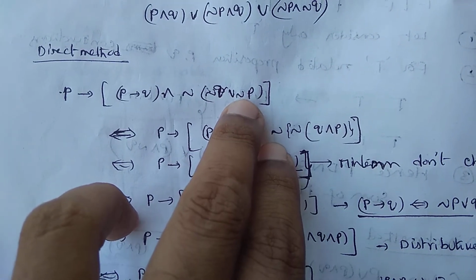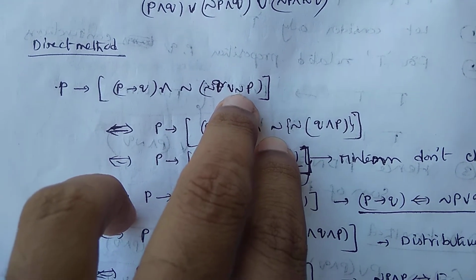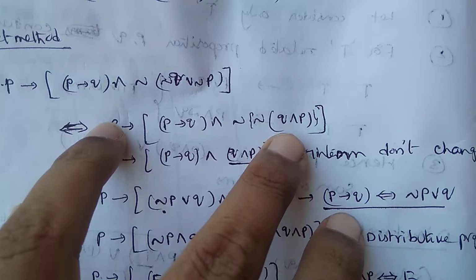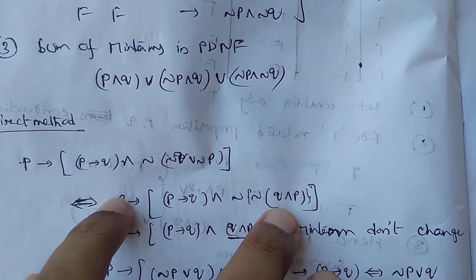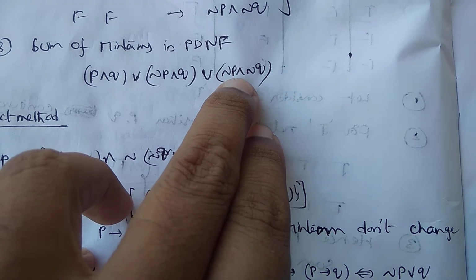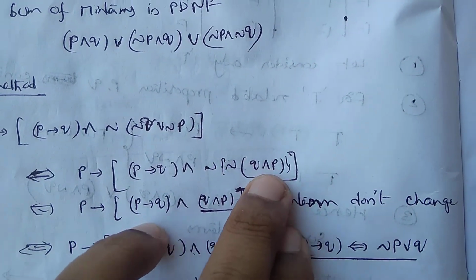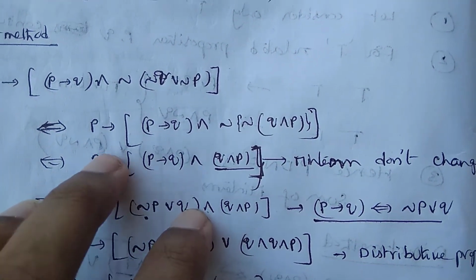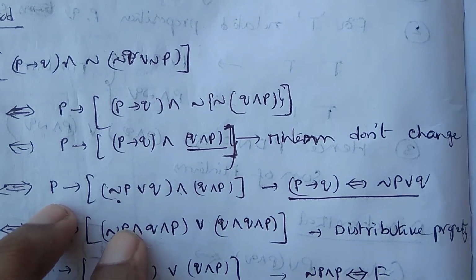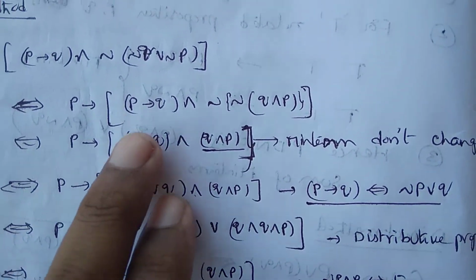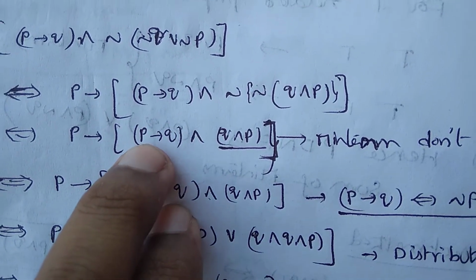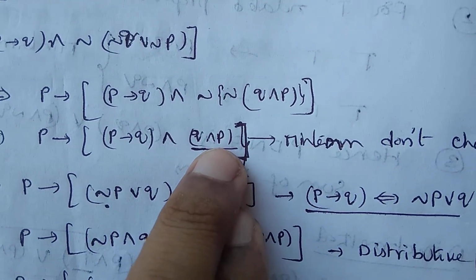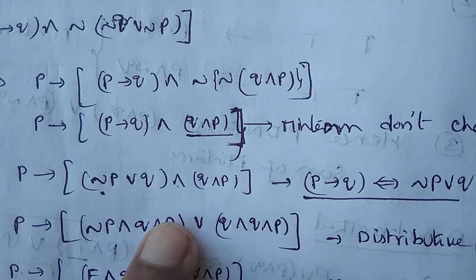This is the negation De Morgan property. You write it outside. Negation will cancel. You can get Q and P. So to get PDNF, in the brackets the AND symbol must be there. So don't change it. You have to change this if-then symbol into AND and OR symbols using the logical equivalence formula: negation P or Q. So first you change inside the bracket. So P then Q can be written as negation P or Q, and the AND symbol is there. So you get Q and P, negation P or Q.